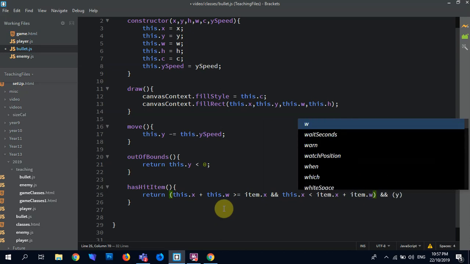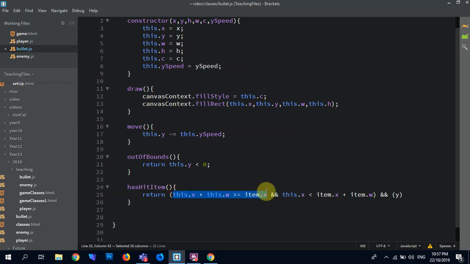which is this first set here saying: if our enemy's on this side and we're trying to hit a player over here, is the enemy's x position plus its width now overlapping with something that's over here, and obviously vice versa. And this is going to do the same just vertically,